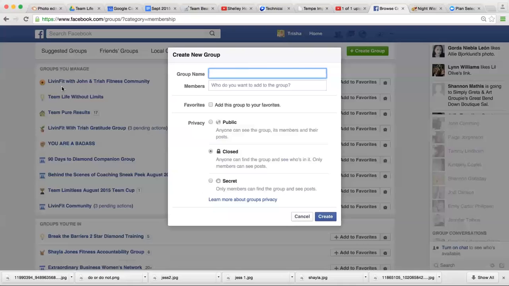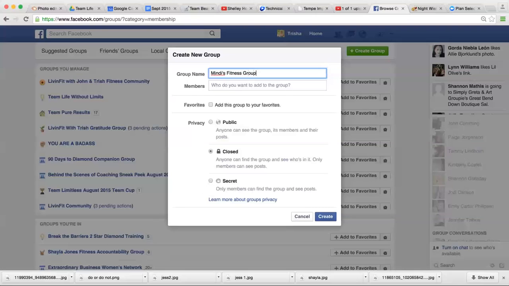Mine is named the Live and Fit with John and Trish fitness group. And you can always feel free to use the Live and Fit name. Any of my coaches that have joined me, feel free to use Live and Fit. I feel like it really says a lot. It goes in line with my Life Without Limits team name. Live and Fit encompasses more than just the physical side of losing weight and the healthy side of eating well and treating our bodies right. It covers everything: the mental side, our relationships, our financial well-being. It's the whole package. So here you're going to type, we'll call it Mindy's